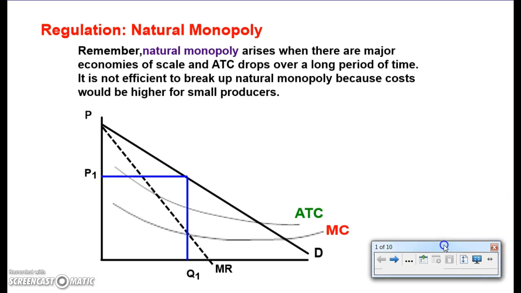Last week you learned about monopoly and price discriminating monopolies: first degree, second degree, third degree. This time we're going to look at a different kind of monopoly, which is natural monopoly. So natural monopoly is the kind of monopoly that, as it sounds, occurs naturally, usually because there's major